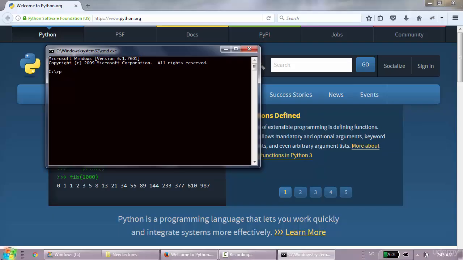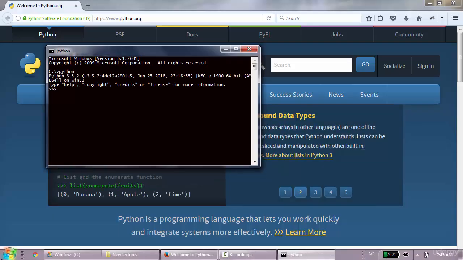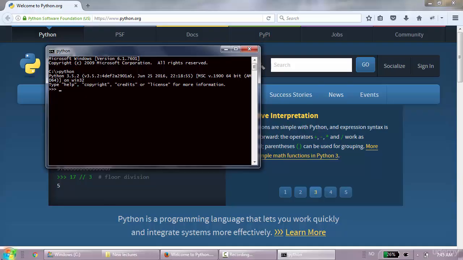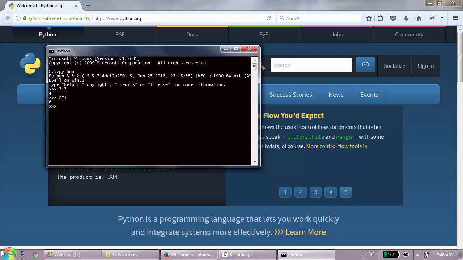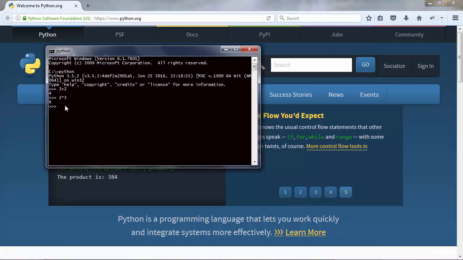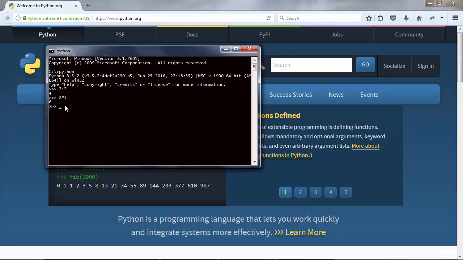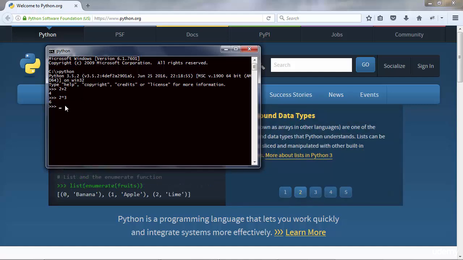To open Python, all you have to do is type in Python, and that will open an interactive session of Python. An interactive session is best for testing things out. Here you can write lines of code one by one, and you promptly get the results in here. This is why we call it interactive. But it's not very appropriate to write multiple lines of code. Let's say you have a program that has 10 lines of code. In that case you'd want to write those lines in a Python file, but we will cover that later.